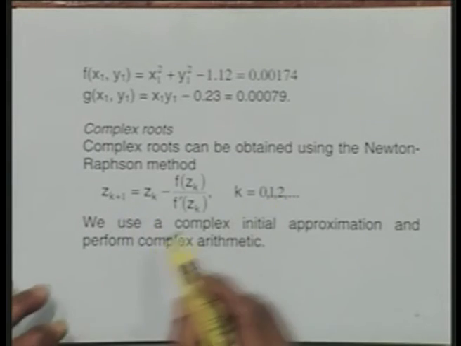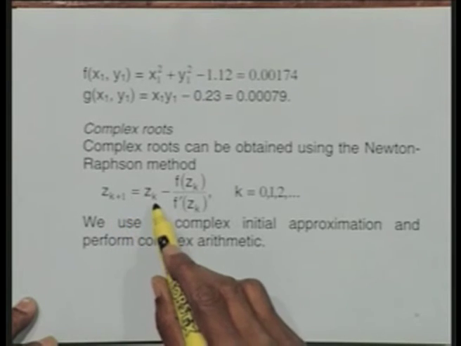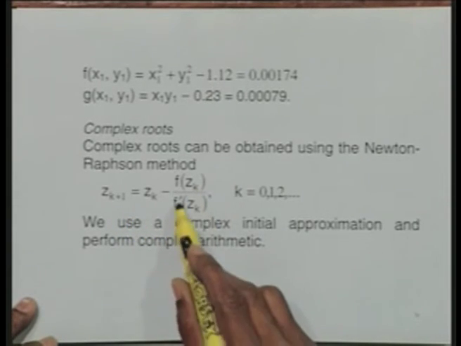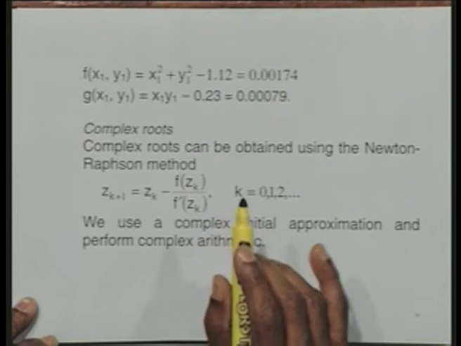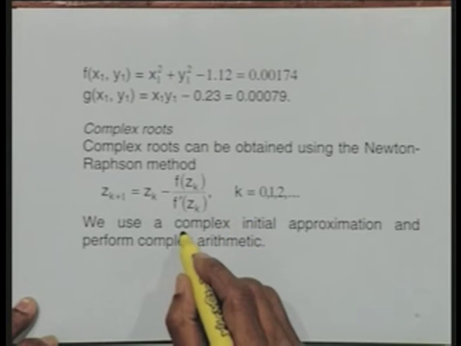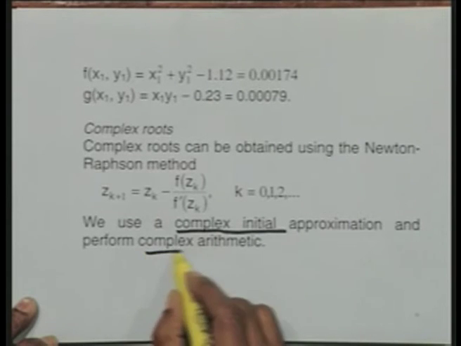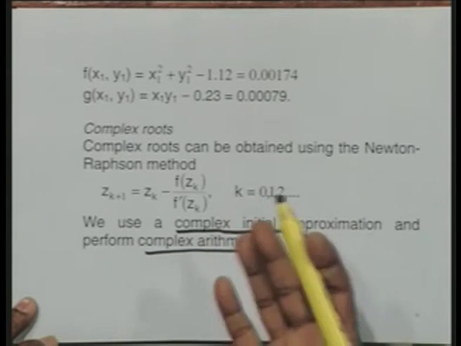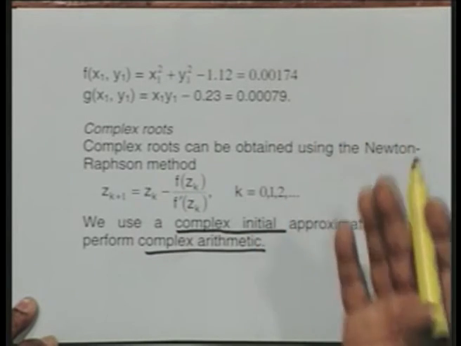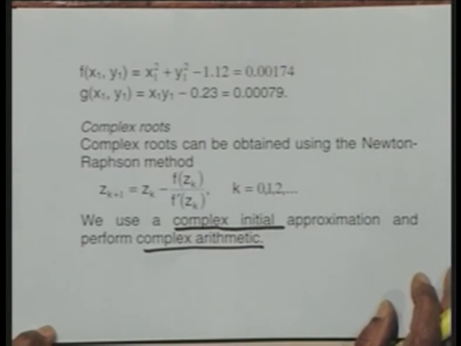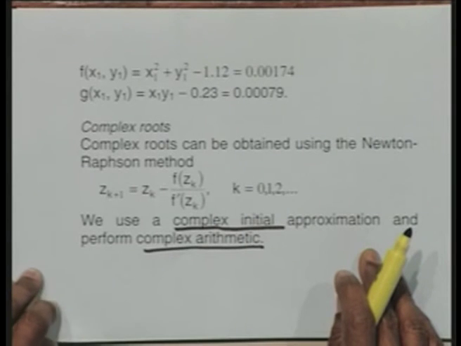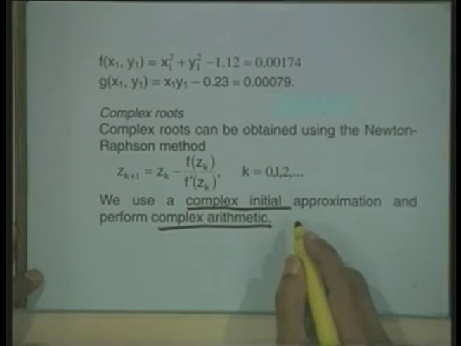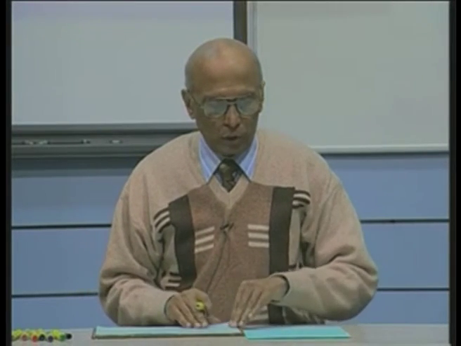For example, I can write down the Newton-Raphson method as z(k+1) is equal to zk minus f of zk by f prime at zk, k is equal to 0, 1, 2 and so on. The only thing is a real approximation cannot lead to a complex root. So I need to have a complex initial approximation and do the complex arithmetic. You can define in advance your computation as complex, start with the initial approximation and perform it. The order of convergence remains the same whether it is a real root or a complex root, there is no difference. Therefore we do not need any special method for obtaining complex roots. However, we can derive an alternative method for solution.